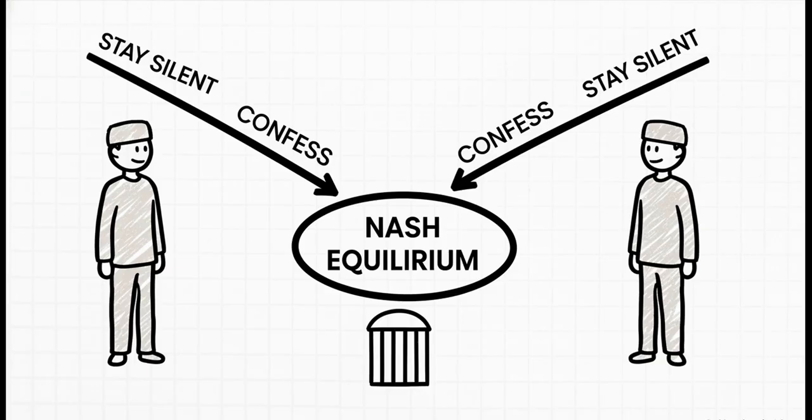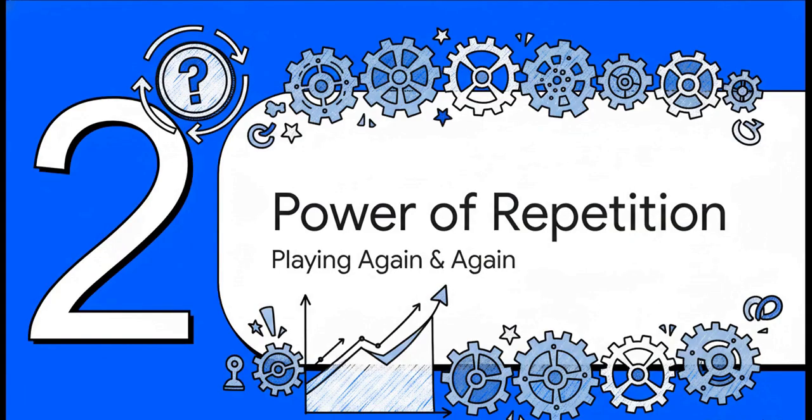But here's the crazy part, the real kicker. Because they both act in their own self-interest, they both end up with 5 years when they could have cooperated and only gotten 2 years each. Kind of grim, right? It seems like betrayal is just the logical outcome. But what if this isn't a one-off deal? What happens if this isn't the end of the story? What if the game keeps going?